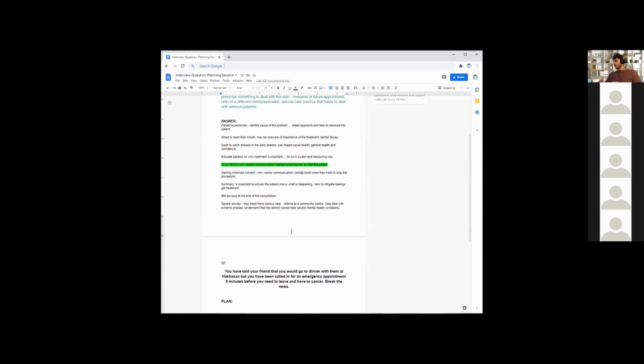Summary, very important to know and ensure the patient knows what is happening, how to mitigate feelings and get treatment. If they're still anxious at the end, you might need some serious help, refer them to a community center, help deal with more extreme phobias. I think the reason why I asked that as well,